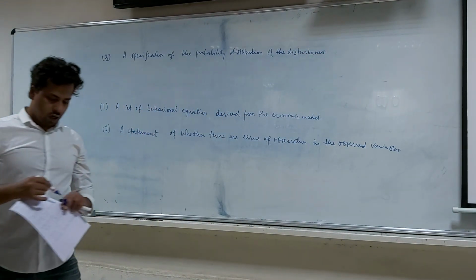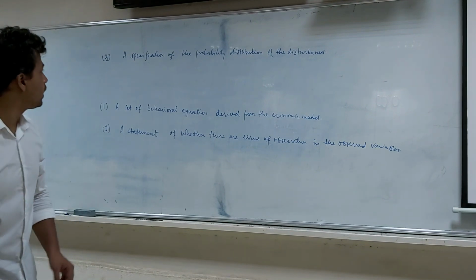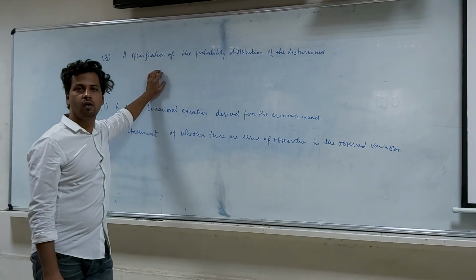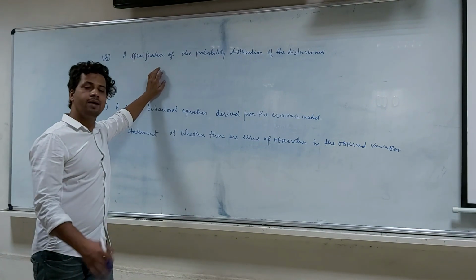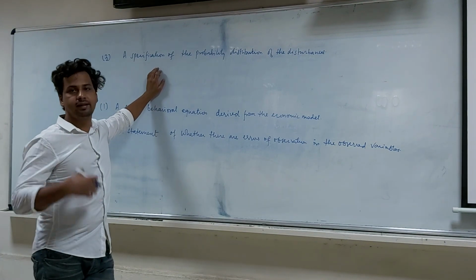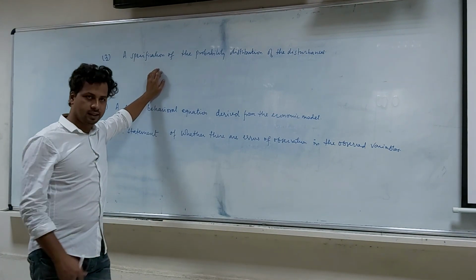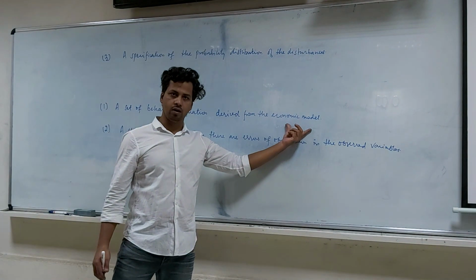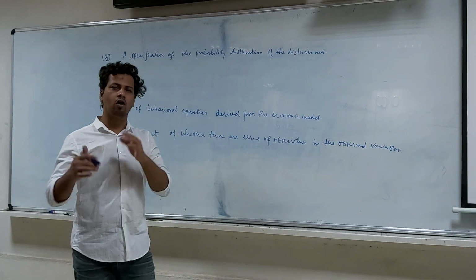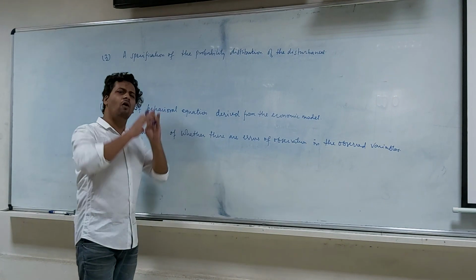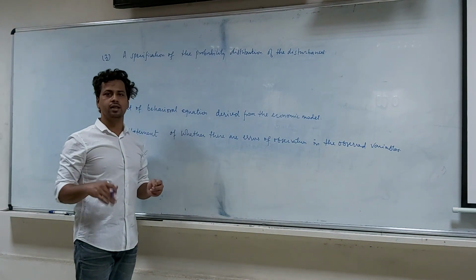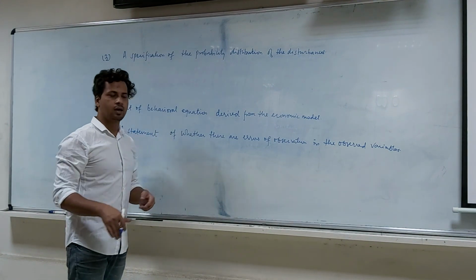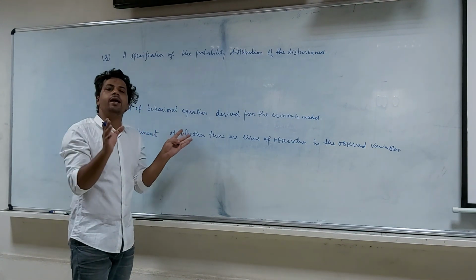So now what do we exactly mean by these statements? What it says is, first of all, in order to devise an econometric model, I must have an economic model behind it. That is, I must have a certain observation proposed by theorists on behavior of certain variables in the economy. So the first thing is a set of behavioral equations derived from the economic model. In the earlier example that we had taken, the law of demand says that keeping all other relevant factors constant, there exists a negative relationship between quantity demanded of a commodity and price of a commodity. So this is the observation made by economic theorists.